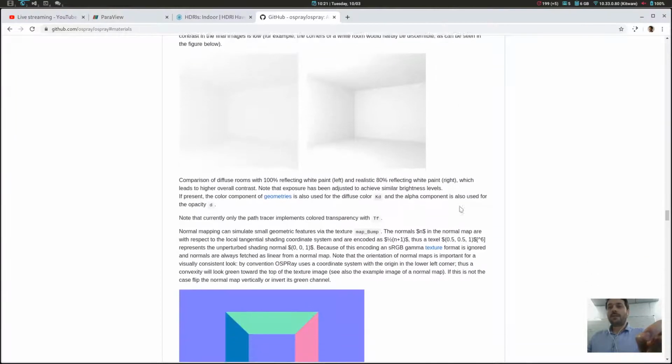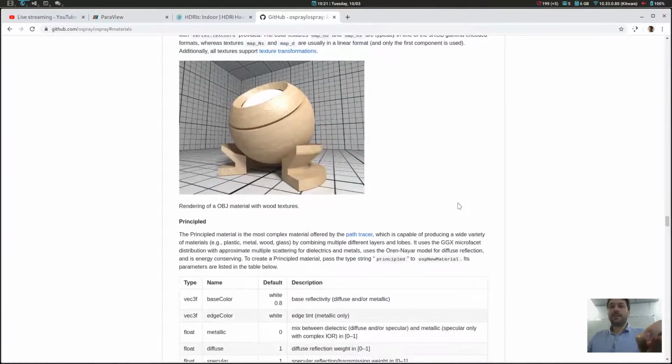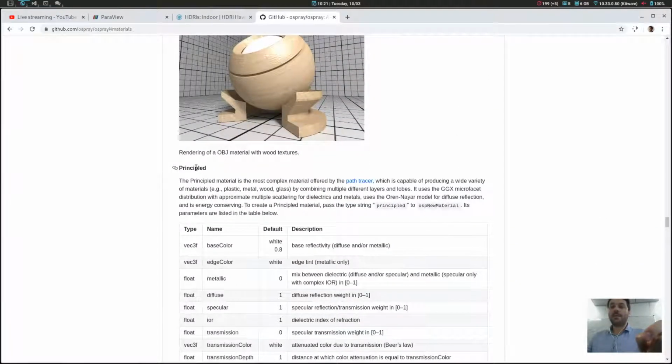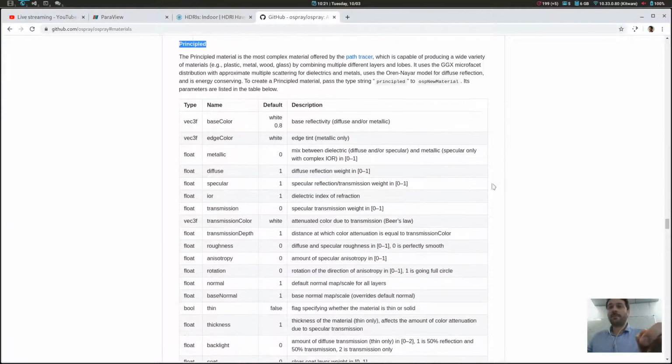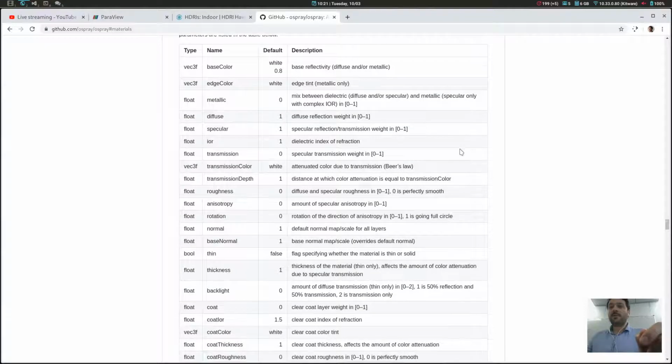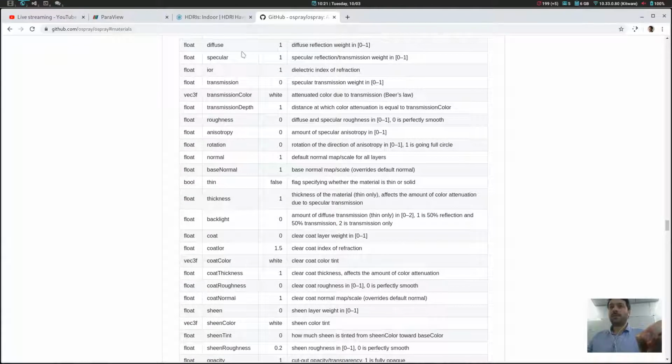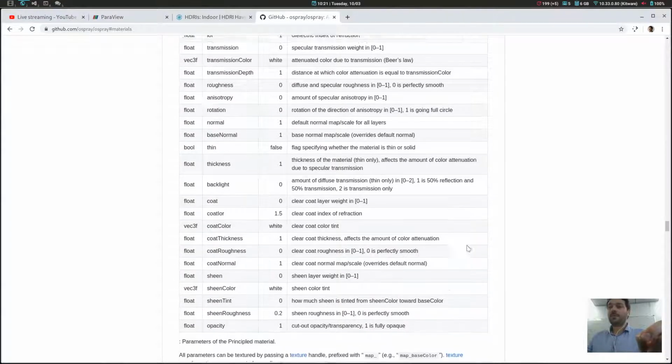And when you select PBR, you are actually creating behind the hood a principled material that is very powerful, with a lot of parameters.